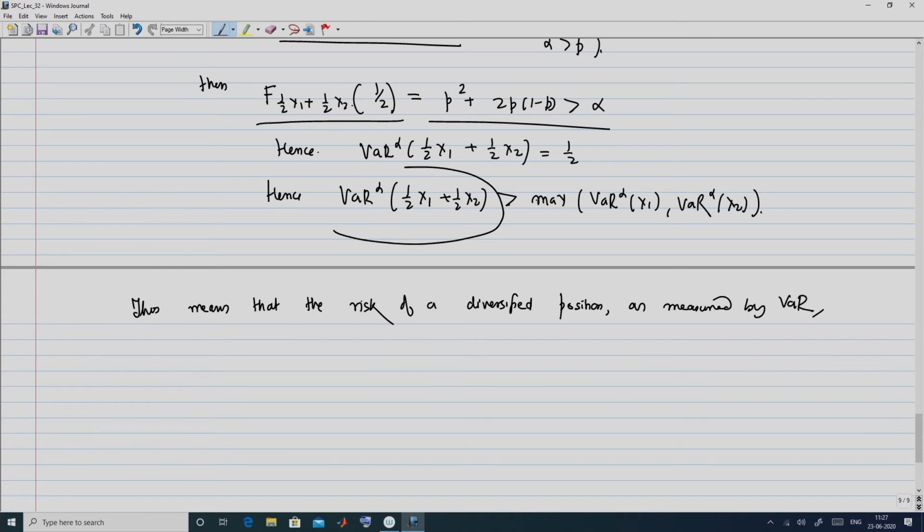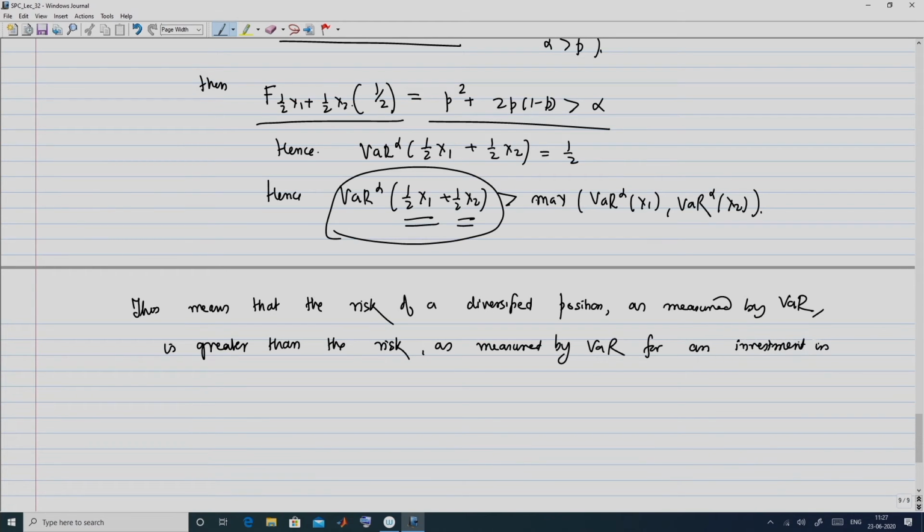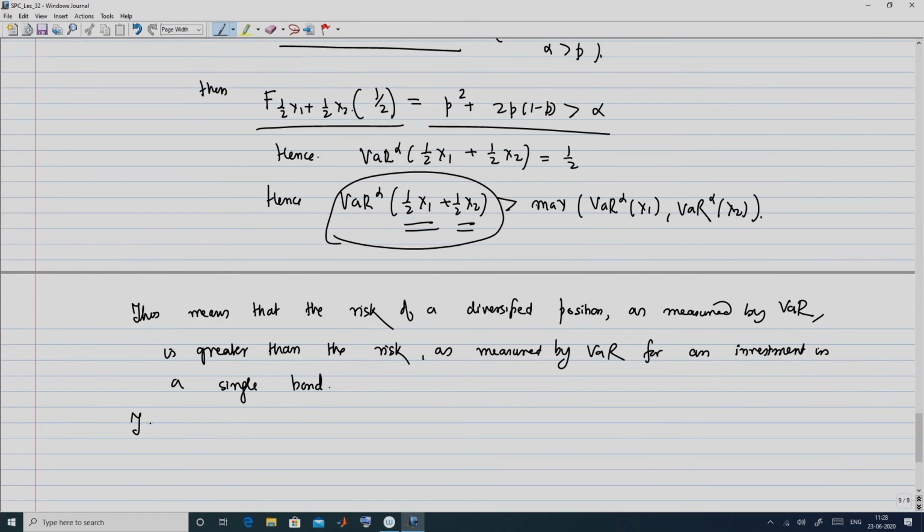So, this is the var of the diversified portfolio, because you have invested in both the bonds, is greater than the risk as measured by var for an investment in a single bond. So, the immediate ramification for this is the following,